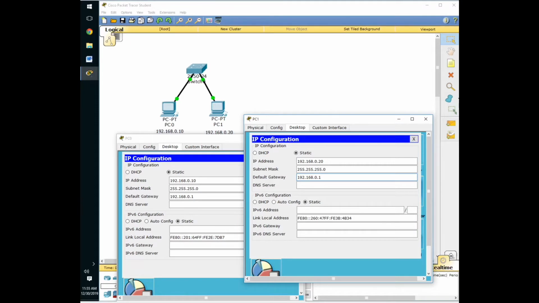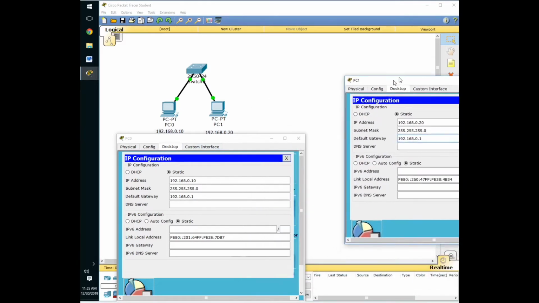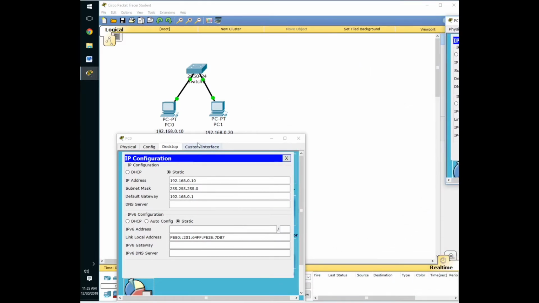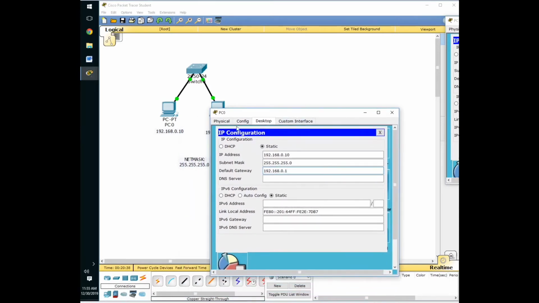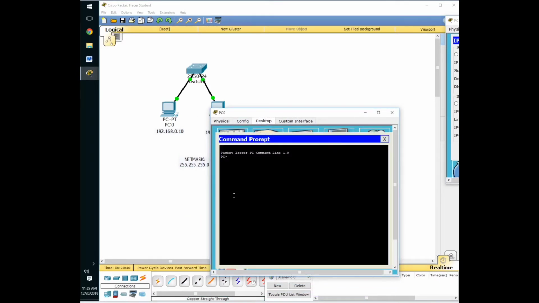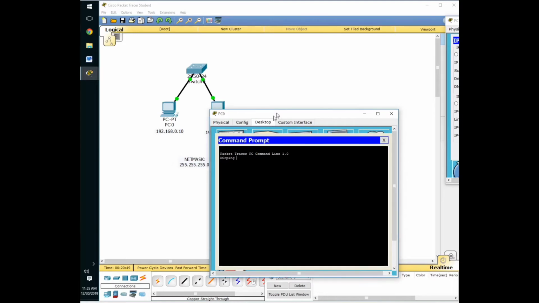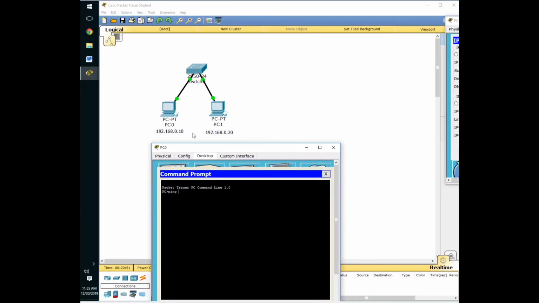So now that these are set up, I'm going to ping PC0 to PC1. So I'm going to put PC1 away right now and just focus on PC0. I'm going to go back to the desktop, and this would be the same on Windows. Mac would also be the same. You just want to use the ping command and then target IP address. In this case, since we're pinging from PC0, we want to ping to PC1. So we need to ping its IP address,